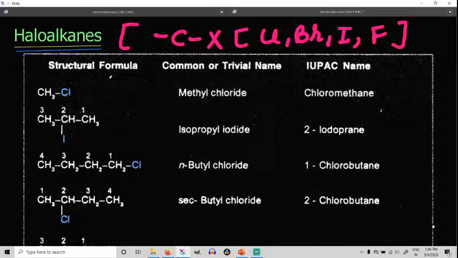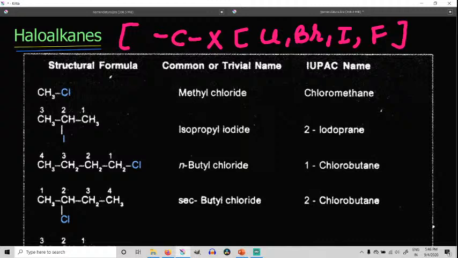Initially, saturated hydrocarbons are very inert. They will not react. For that, if you need to put one halogen in, you need to remove one of the hydrogen atoms. It means that in alkanes, only a substitution reaction can take place. No addition reaction can take place because they are already saturated. Carbon is saturated with 4 bonds because there are single bonds between the carbon atoms. If you want to add a chlorine atom, no addition reaction can take place. In that case, you have to remove one of the hydrogen atoms from the alkane.